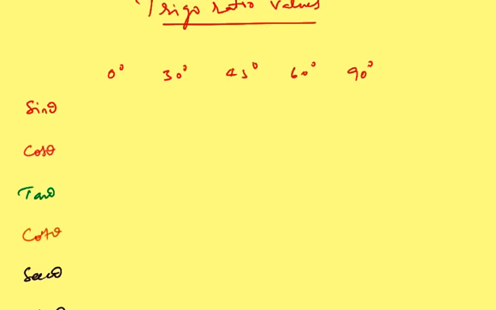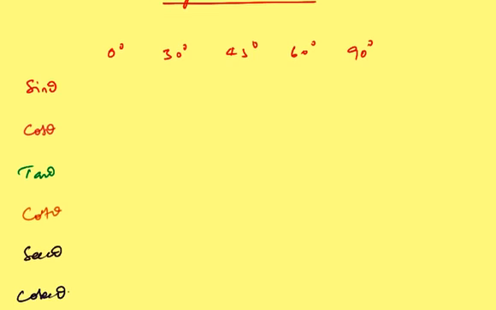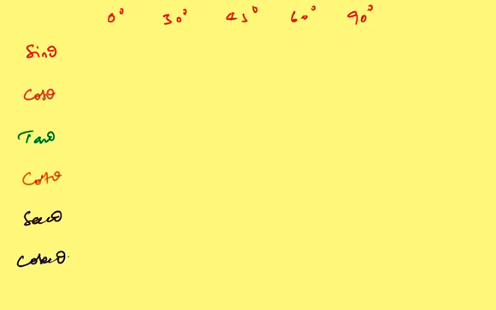That is, what is the value of a trigonometric ratio at 0 degrees, 30 degrees, 45 degrees, 60 degrees and 90 degrees. So what is sin theta at 0 degrees, at 30 degrees, at 45 degrees, at 60 degrees and at 90 degrees. There are many simple techniques available, but in the simple techniques, if you forget just one line, then you forget everything. So this is the best way to do the problems. So we'll try to go through the values, how to write the values.